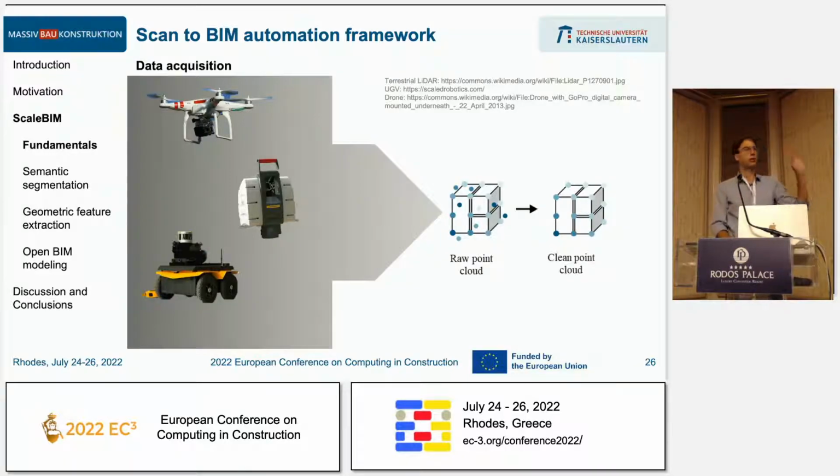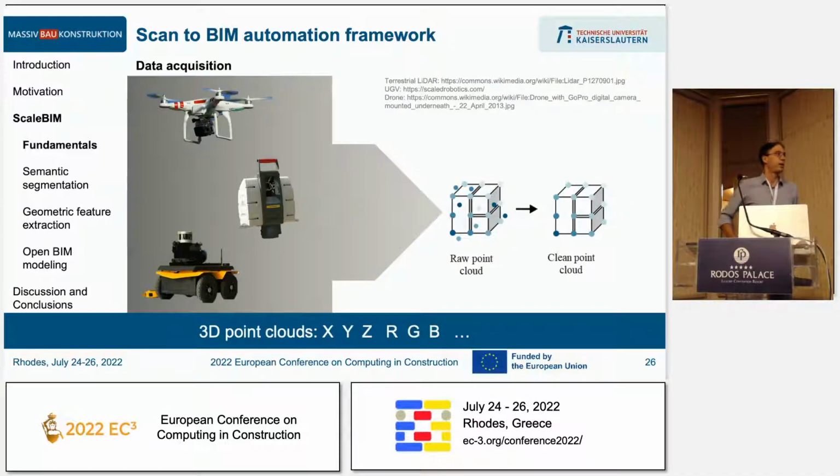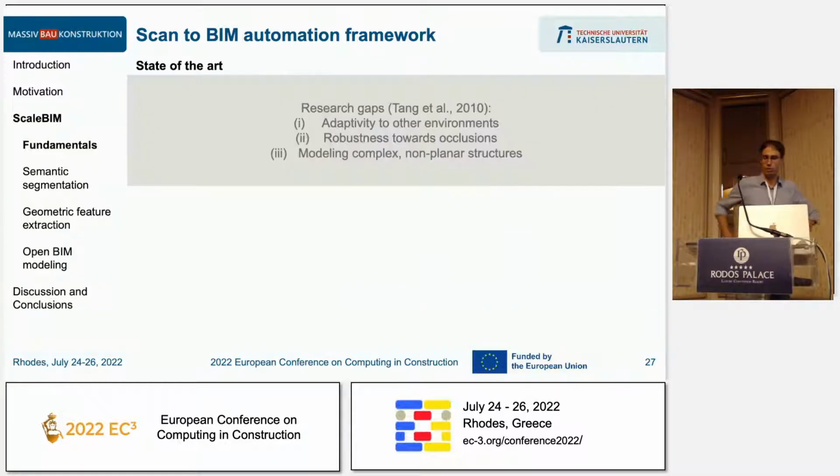Generally, from data acquisition, you get raw data. If it's photos, you have to reconstruct 3D geometry. If it's point clouds, you need to register them. You need to align them in the same coordinate space. And then you get a clean point cloud from that. It's important to state here that our work completely relies on 3D point clouds. So there's no working with 2D or image data and steps in between. So we always have something like XYZ, RGB, and maybe some other values depending on the acquisition procedure.